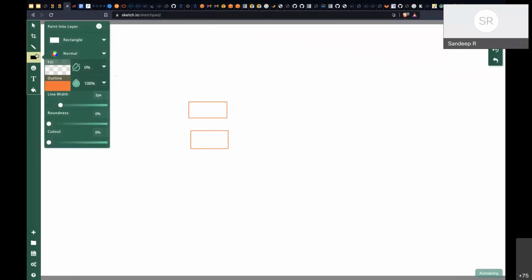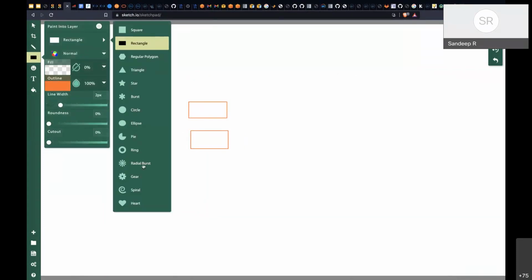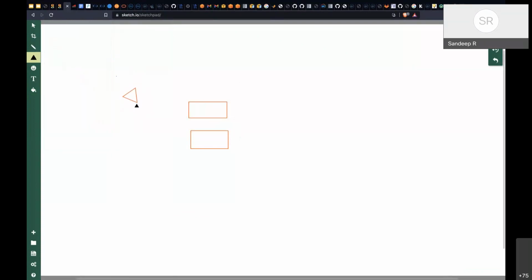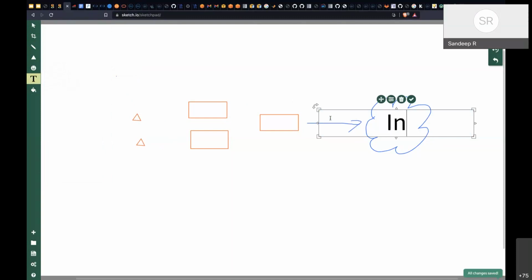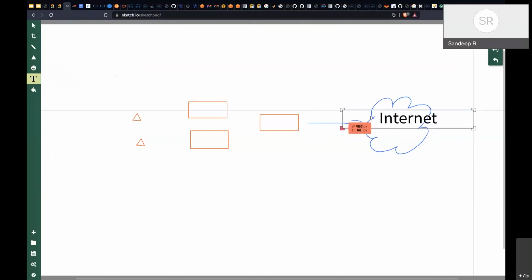Let's use a triangle for that. Let us say this is host 1 and host 2. And let's say I want to connect it to a cloud, which is here. This is the internet, through which the connection will go.